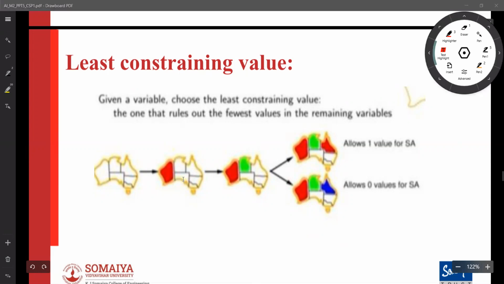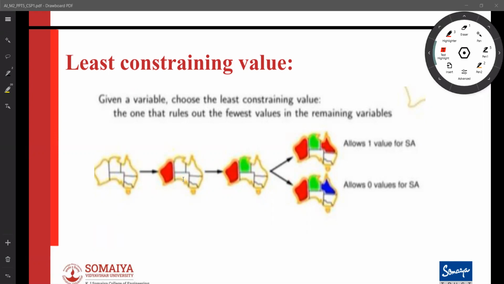So as soon as you assign one value to one variable, there is a reduction in the value space for other variables. Understand? If I find that there is one value which reduces everybody's domain much more, and another value where the reduction in their domain is less, then we will pick the one that reduces the domain less, and we do the backtrack.